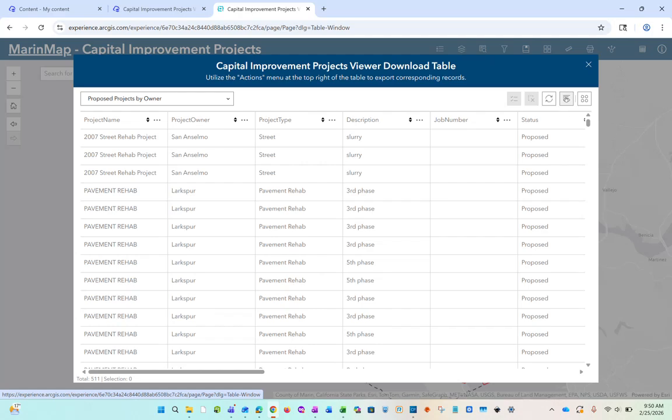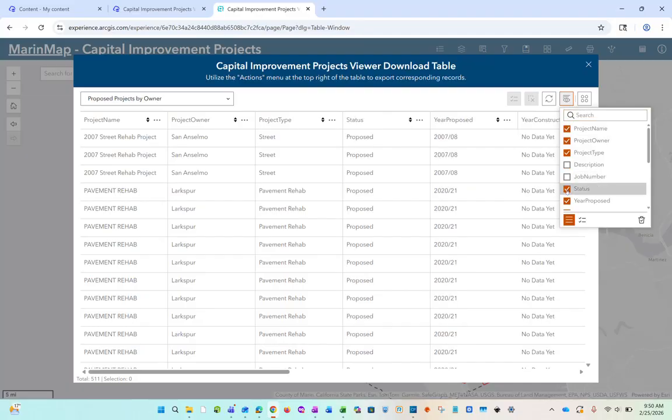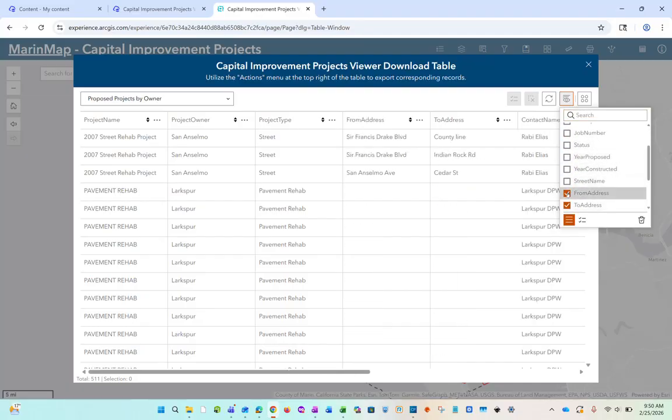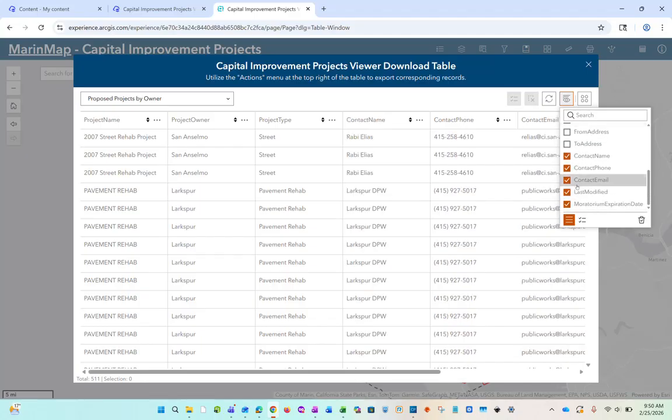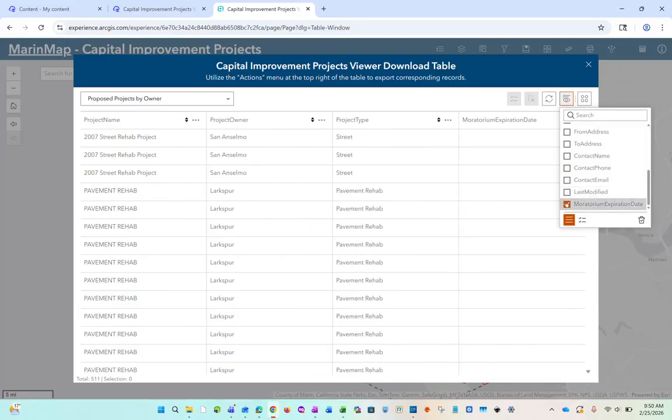We also have the ability to show and hide columns. So I'll select that tool up here in the top right of the table. And this tool allows us to choose which columns are showing in our table record. So if I want to show a very limited number of attribute fields or columns in my table, I can deselect all of these options that are available in this layer and kind of dumb down what I'm looking at